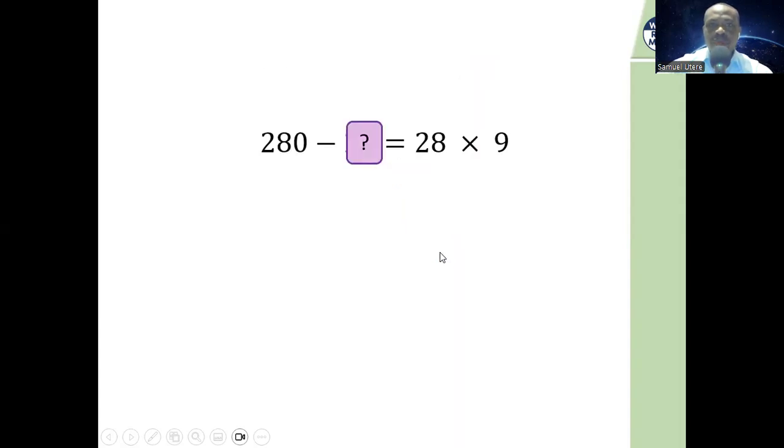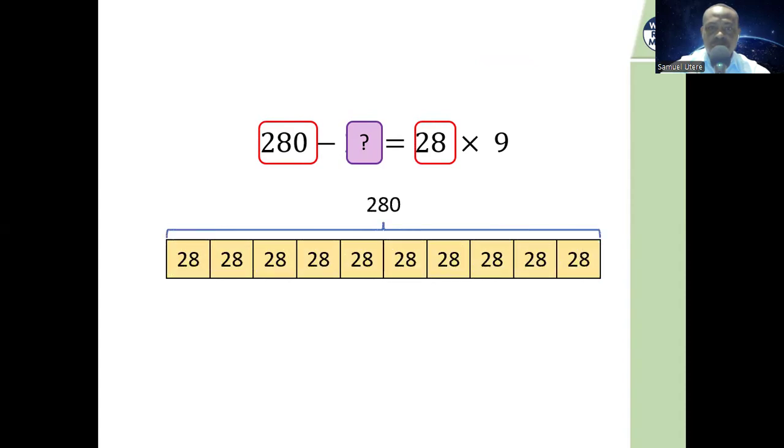Let's look at another one. Look at this calculation: 280 minus a number we don't know is equal to 28 times 9. Now I want you to think carefully. What do you notice? What's the relationship between 280 and 28? Well, if we draw it as a bar model, we'll see that 280 is 10 lots of 28. But notice that on the right hand side, we're only doing 28 times 9,